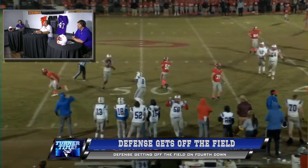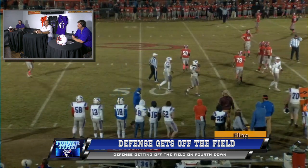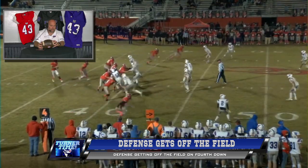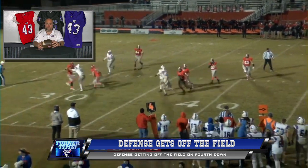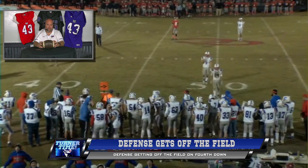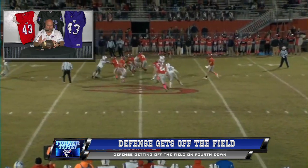Coach Bond, hats off to him. Hats off to the D-line, Bryson Elrod. Bryson Elrod actually got our defensive player of the game because he came up big. Of course, Dayton Jernigan was right there making some plays. We only rushed 4 this week. We didn't really rush our linebackers like we have in the past because they've been hitting. Coffee County's got a great